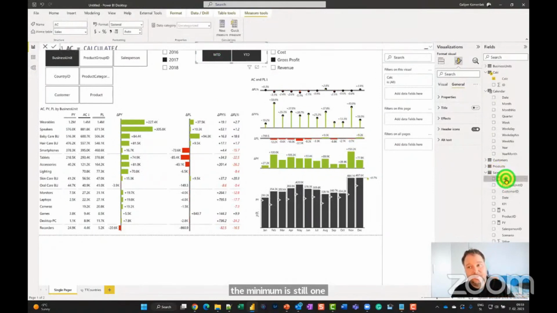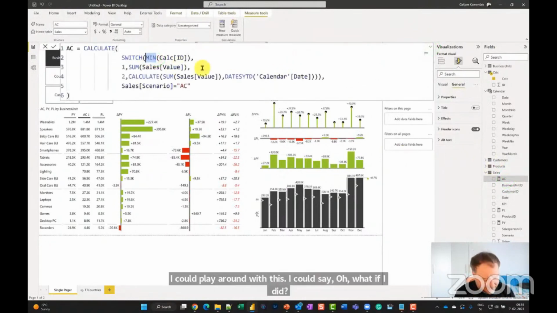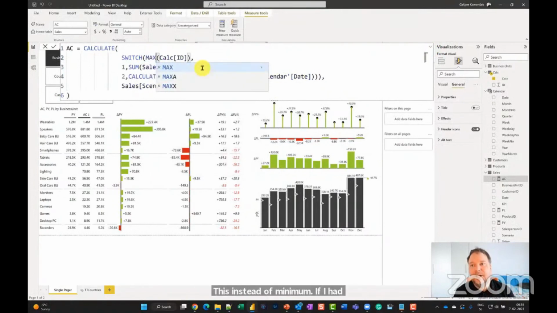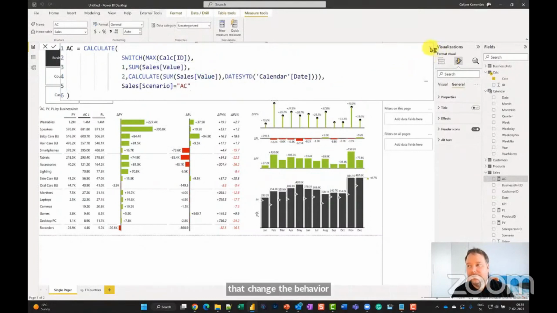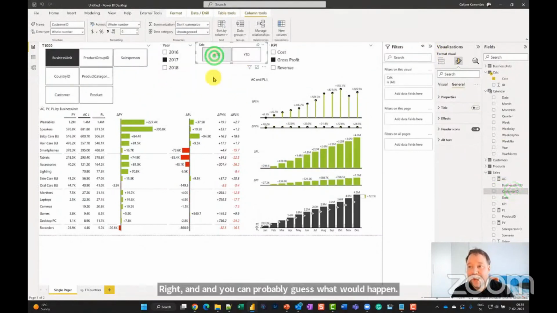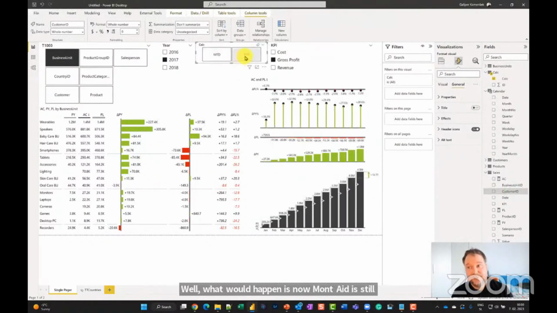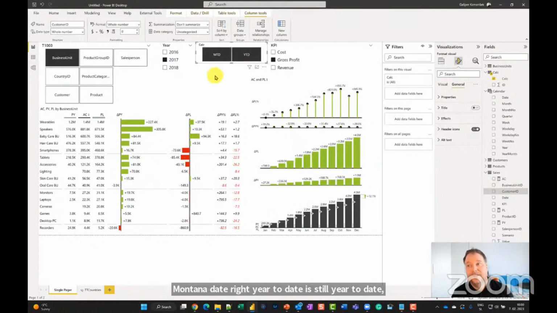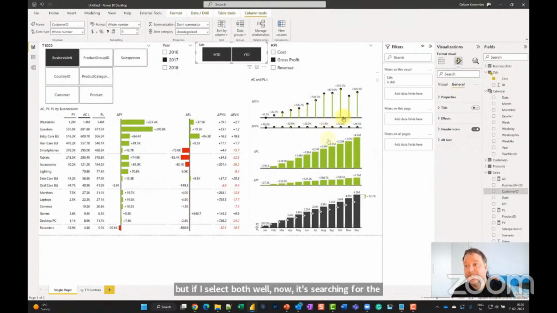But I could play around with this. I could say, oh, what if I did this? Instead of minimum, if I had maximum, how would that change the behavior? You can probably guess what would happen. Month to date is still month to date, year to date is still year to date. But if I select both, now it's searching for the maximum, and that is 2. So that's why I get year to date now,